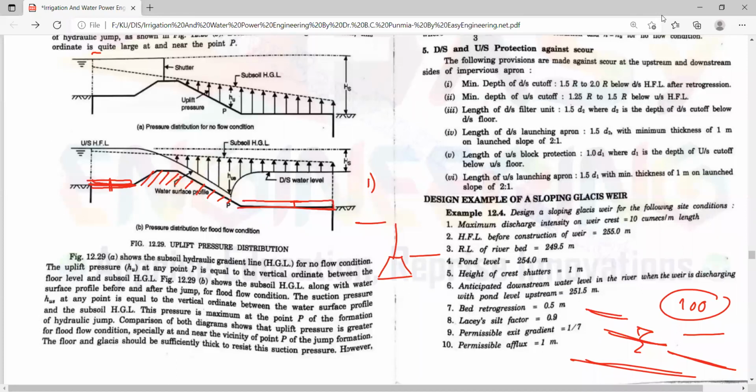And the next one is we're going to decide how much depth of sheet pile we need to provide. How much depth of sheet pile at the upstream side and how much depth in the downstream side, that we need to fix. So these levels are dependent. First step lo we assumed levels. These levels are different, depending upon the total energy available at the upstream side and the downstream side.